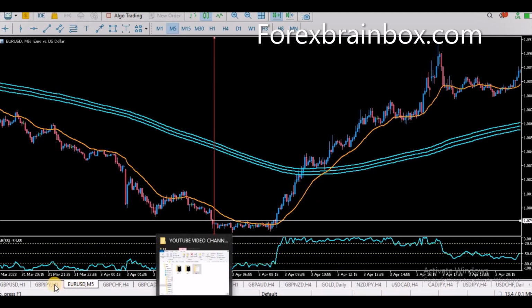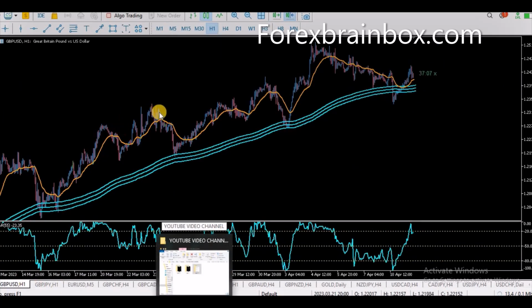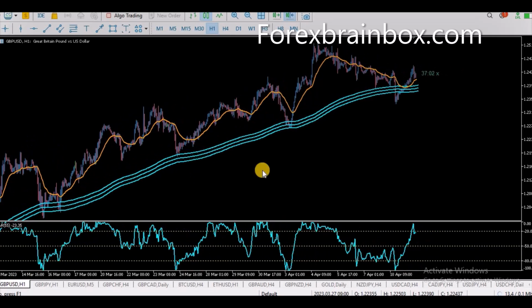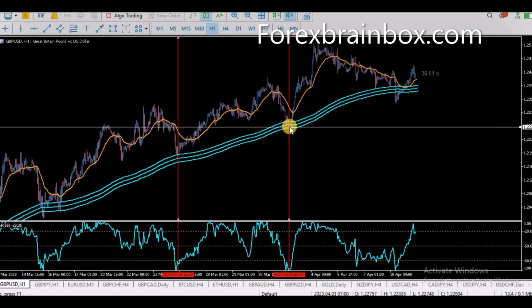And when you go to your Great Britain pounds, USD, you will see the same thing. You can see how price dips down here below. You can see how it dips down here below, and there's even a W structure here, a double bottom on the William percentage range. So if you go on your 5 minutes,